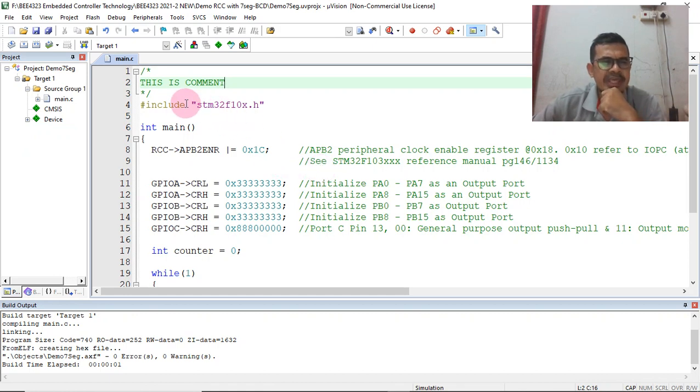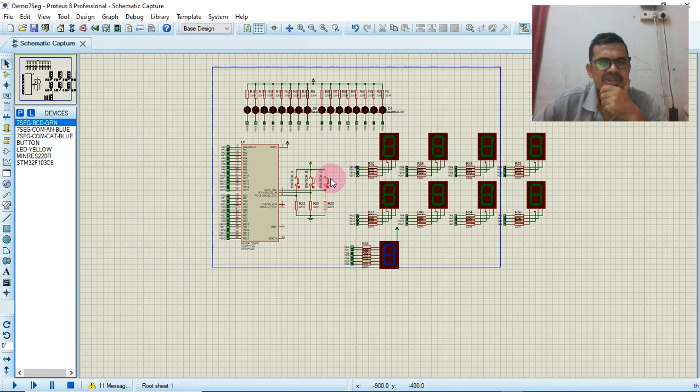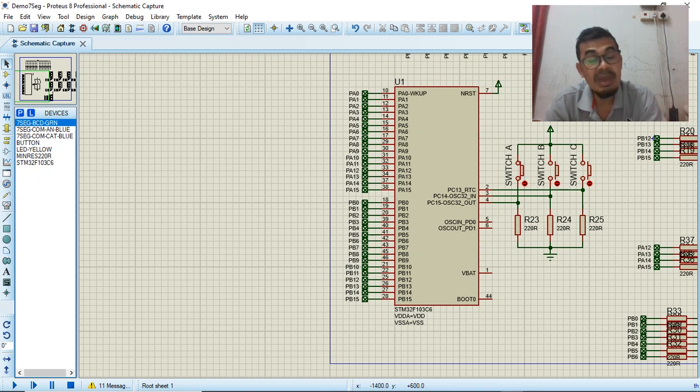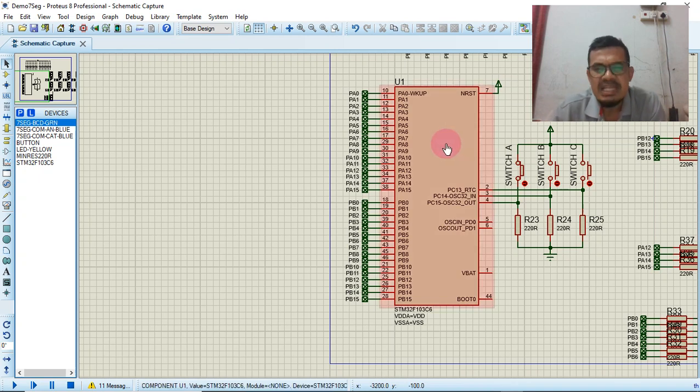Okay, for coding, here RCC APB2 enable. Last lecture I already mentioned to the class that the advantage of STM or any ARM-based CPU is we can disable each port individually. By default this port is all disabled. Only when we want to use a port, we can enable each port individually.